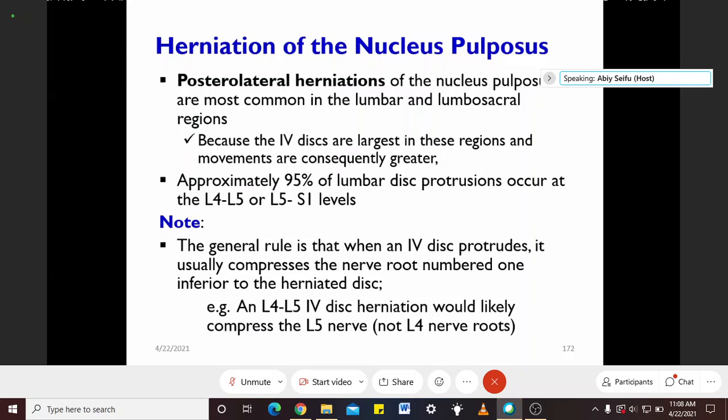For instance, the L4 and L5 intervertebral disc, the disc found between the vertebrae L4 and L5, if it is protruded or herniated, it compresses and applies pressure on the L5 nerve, spinal nerve L5, not on L4. Okay,